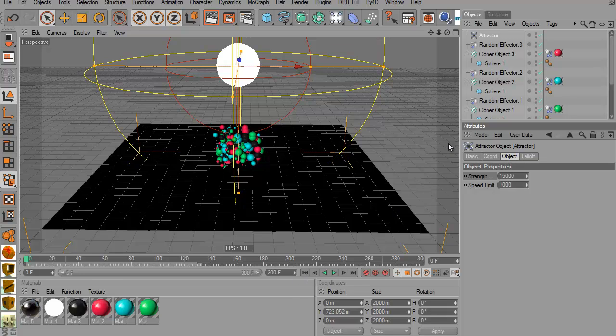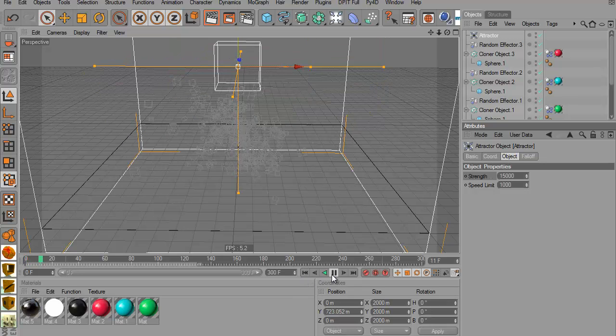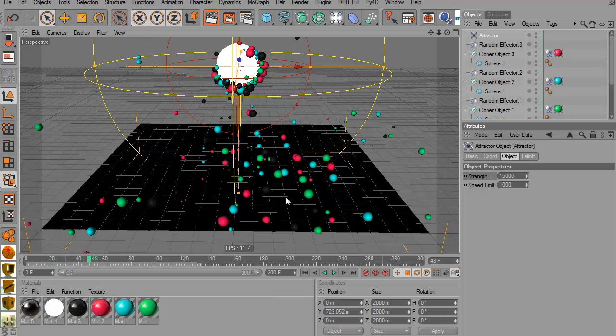Alright, and now let's just see what's gonna happen. Now let's hit play and see, and you can see our spheres flying in the air going to the big sphere. And let me just stop it so you can see what's going on. But still, some of the small spheres are not flying in the air. And I think it's just because we have so many spheres going on,